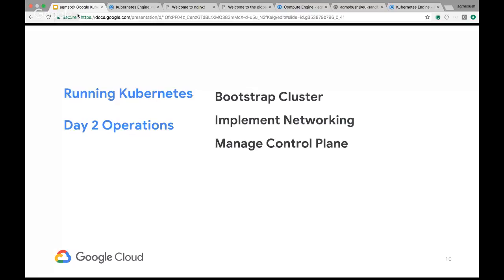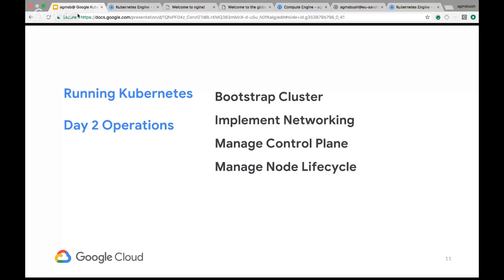And then day two, we get our cluster up and running. We have to manage a control plane. This is responsible for scheduling and deploying your workloads. We have to make sure that this is secured, that this is able to scale to handle, let's say, more writes to its backing store. We need to ensure that we're upgrading to the latest versions, as sometimes the Kubernetes binaries will have patches for security, or you just want to use new Kubernetes features in your workloads. You have to maintain that control plane in order to do that.